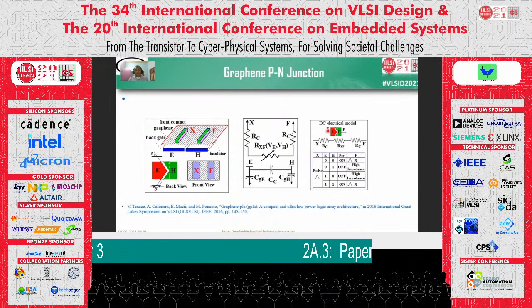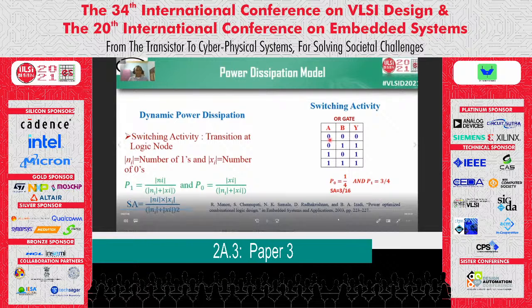So in the input side, if we supply high voltage, then if E and H have the same voltage level, then we have the output as 1. So this gate will basically behave as a pass XNOR logic, and we will take this concept of pass XNOR logic and we will implement other gates from here. Now we discuss the power dissipation model. The physics of graphene is similar to that